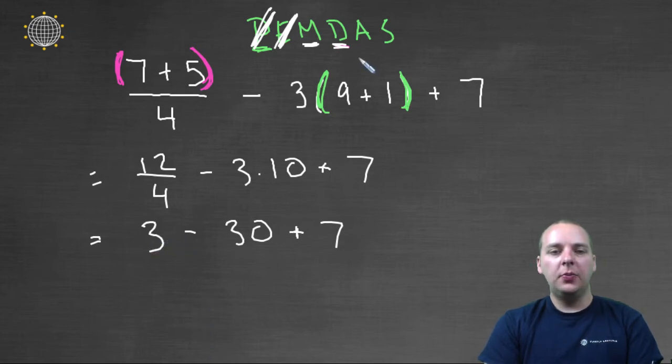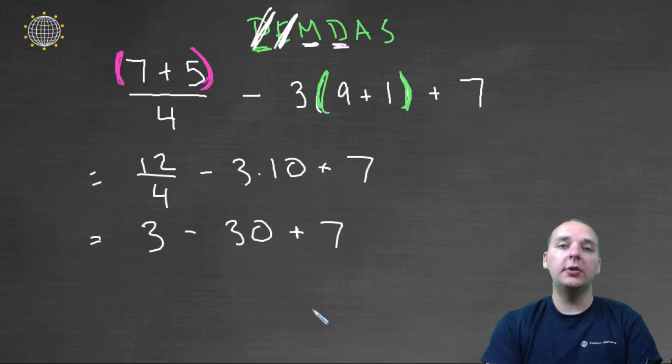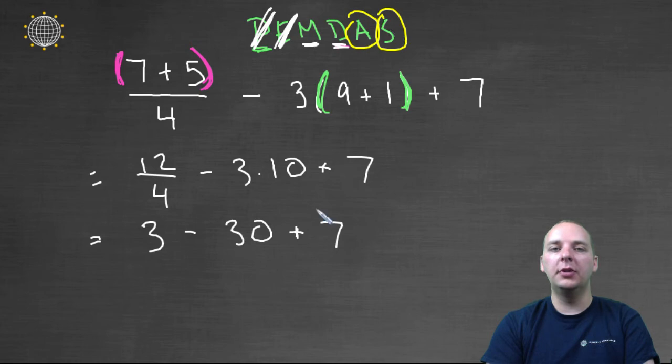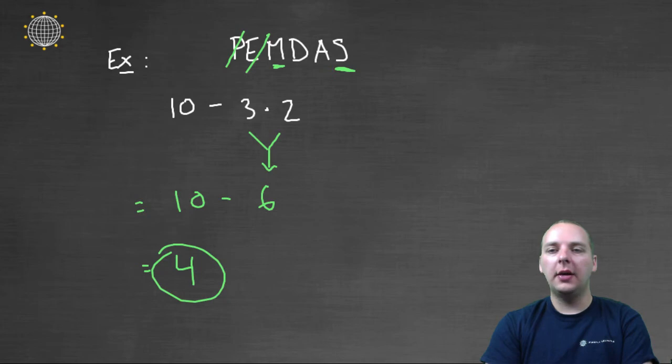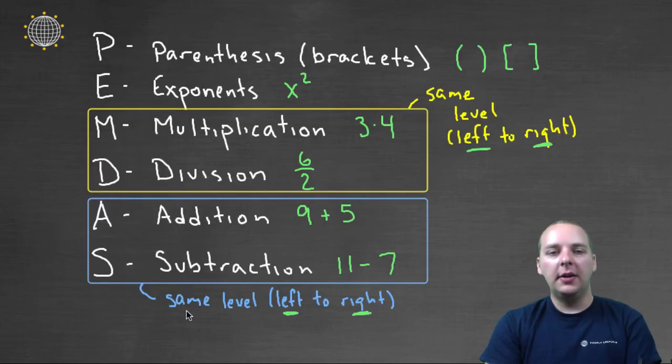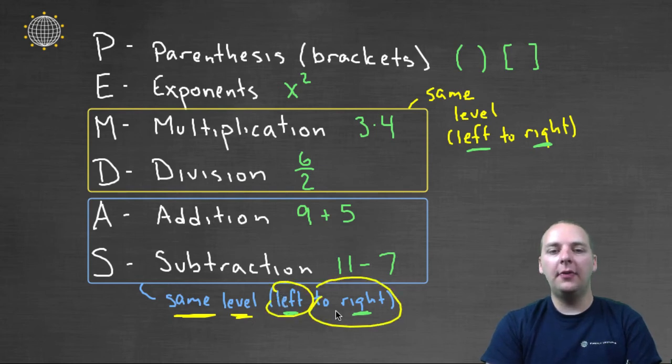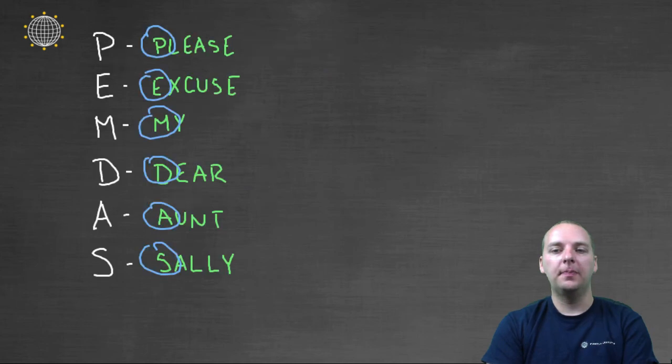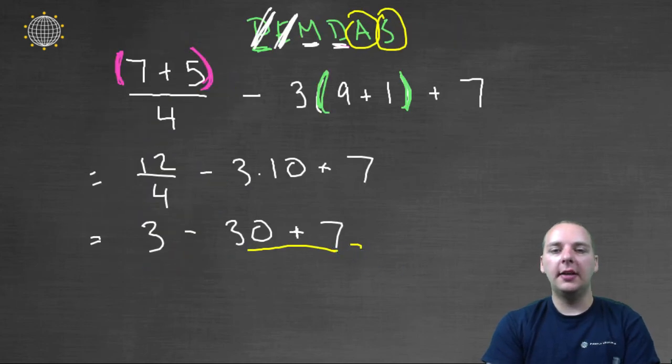All right, and then lastly, we have addition and subtraction. Now, here's where you also have to be careful. Somebody might misunderstand me and say, "Oh, well, addition comes before subtraction, so I better combine these first." That's not the case. If you look back at what I said earlier, addition and subtraction are on the same level. So these operations are done from left to right if that's all you have. Okay, so addition does not take precedence over subtraction. So we'll do 3 minus 30, that's negative 27, and negative 27 plus 7 makes negative 20.